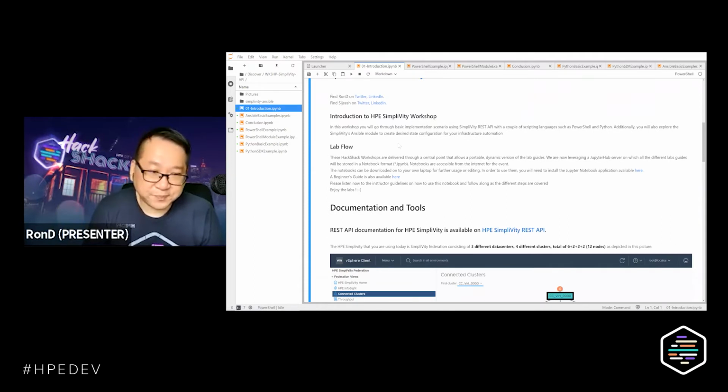And just like I have been presenting, today we're going to learn about SimpliVity automation. We are using the SimpliVity REST API, but the SimpliVity REST API will be encapsulated by different automation platforms. I know that we can do all the things using the SimpliVity REST API, but these are very, very cryptic.